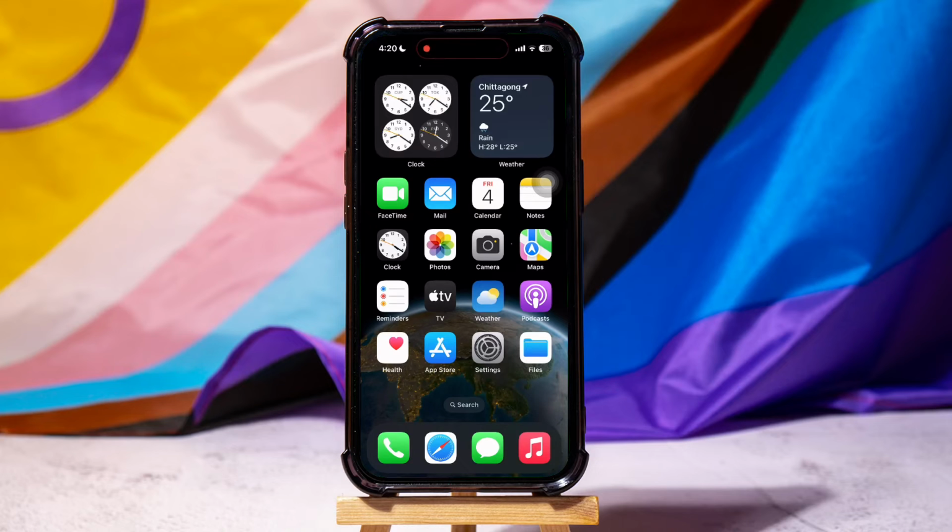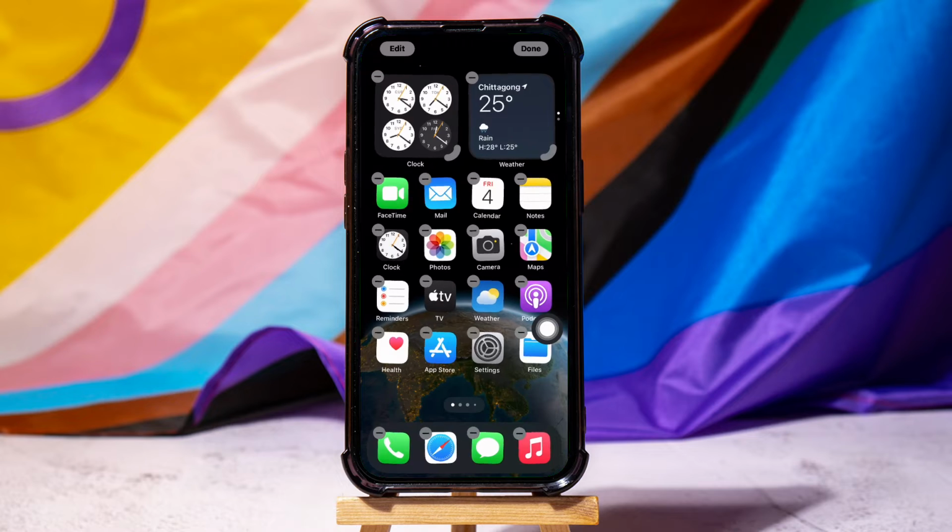How to create a folder for apps on iPhone. To get started, first of all go to your iPhone home screen. Over here, long press on any empty area of the home screen until the icons start to wiggle and a